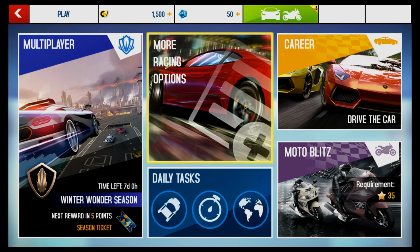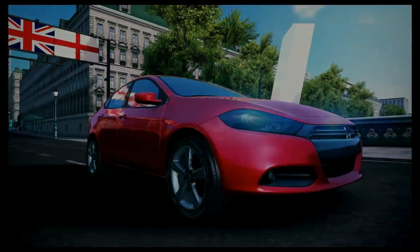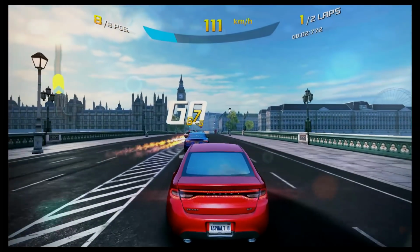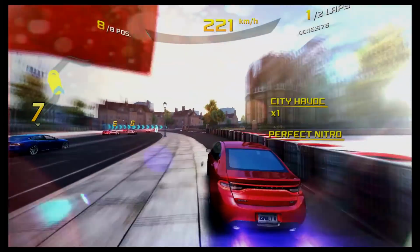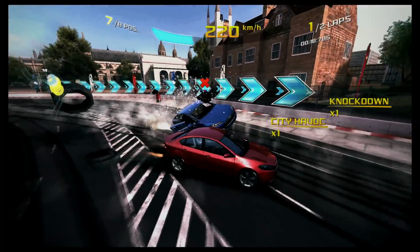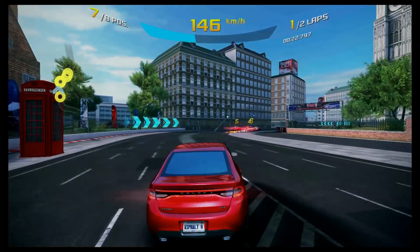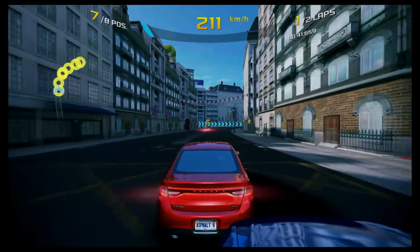So we're going to see how we get on with this, and I'm going to load up a race just now. Now even before the race has started, just this intro animation, it's really smooth compared to other boxes. There's no frame rate drop, the animations are really smooth, and it just looks really nice. Now playing it just now, the controls are responsive, there is no frame rate drop again, no graphical glitches, everything's just really smooth, the gameplay is excellent, it looks amazing,